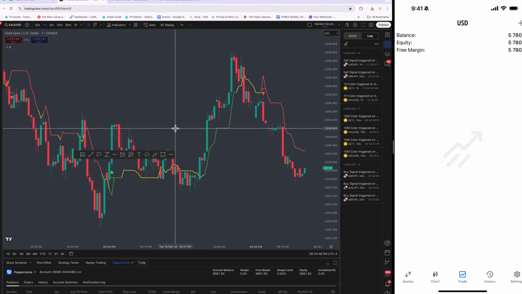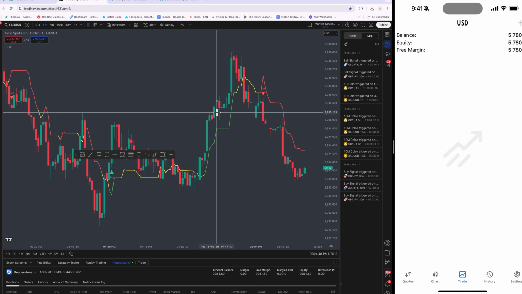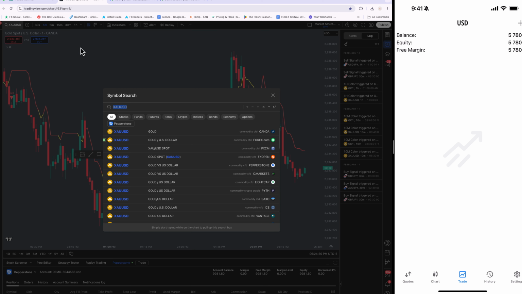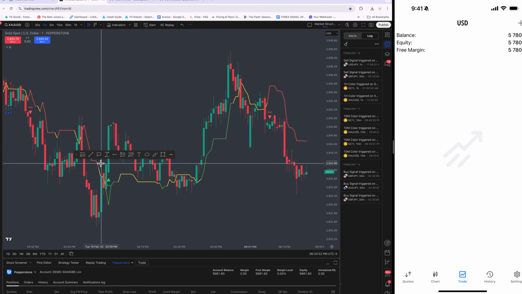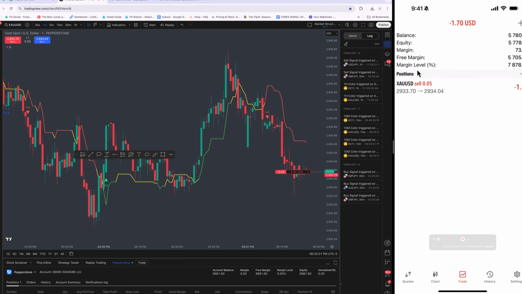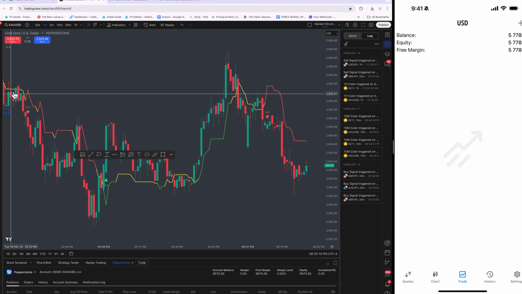Now, as you can see, we have no trades open right now. And if I looked up gold and I can pick a lot size right from here, and I hit sell, it took a sell right from here. Now, if I wanted to close the trade, it can do that too. So I can literally, guys, set my stop losses, take profits, and